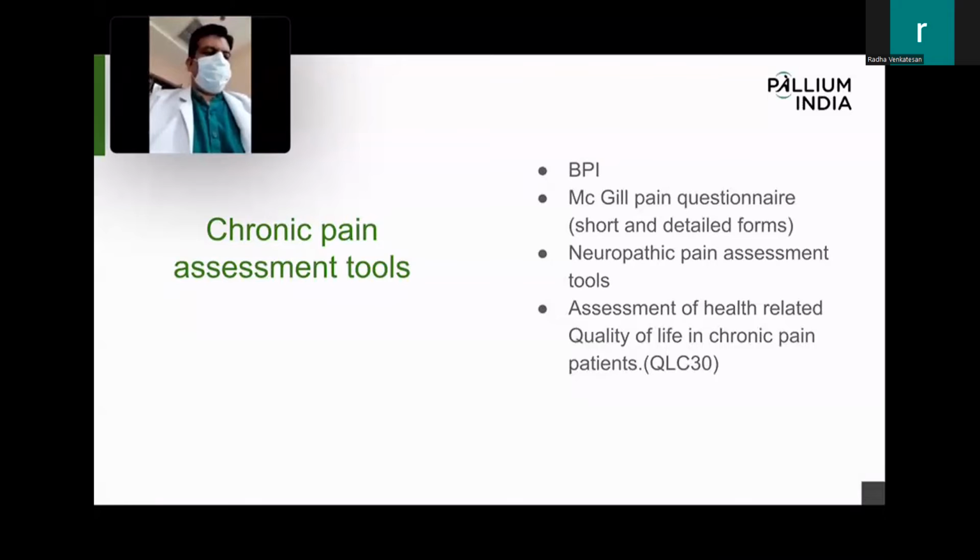So we are going in-depth, because the chronic element, as we have seen, has the emotional and sensory. So even you can have their mood assessment. And quality of life factors are also added to this. Because as I said, whether it is impinging on your life, whether it's impinging on your sleep. So the chronic pain assessment tools are a bit elaborate, and they have to be patient-specific, disease-specific.